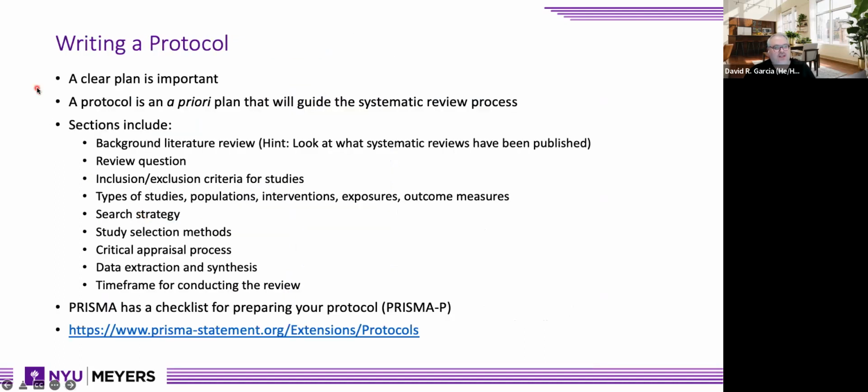So before you get started, it's really important that you have a clear plan, and that involves writing a protocol. A protocol is an a priori plan that will guide the systematic review process. The sections include your background of literature. And it's really important that you look at what systematic reviews have already been published. You don't want to reinvent the wheel, but you can see what's been done and then maybe take it a step further. So maybe you want to look at specific populations, such as people of color, or maybe you want to look at specific regions, such as the South,